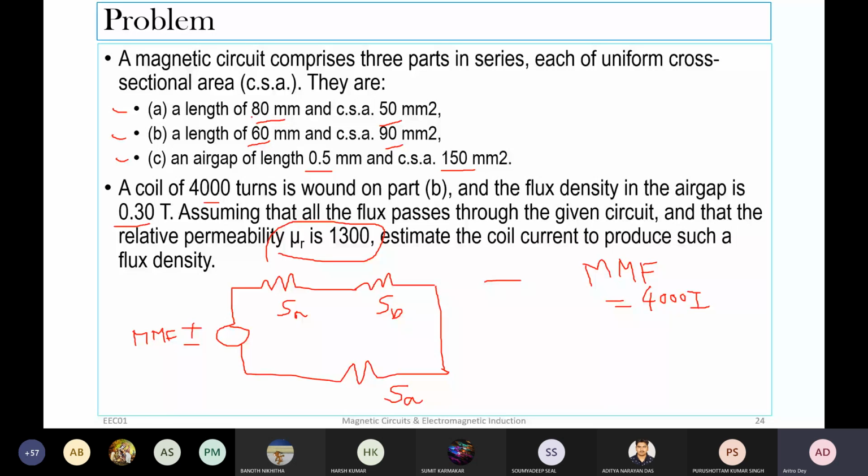Then for the air gap, usually it is the same material with the same cross-section area, and then there is an air gap. So ideally it has to be the same cross-section area, but due to the fringing effect the flux lines will move like this. Not directly: a part of it will move directly and a part will travel like this. So this effectively increases the cross-section area. That is why the cross-section area is increased here.